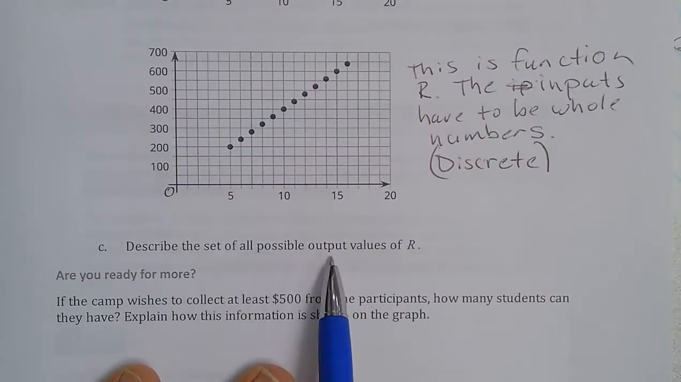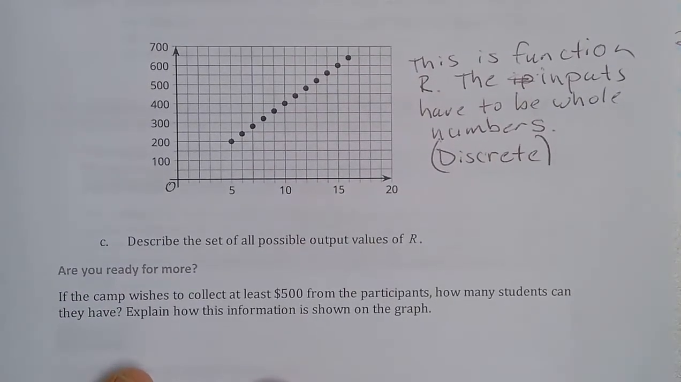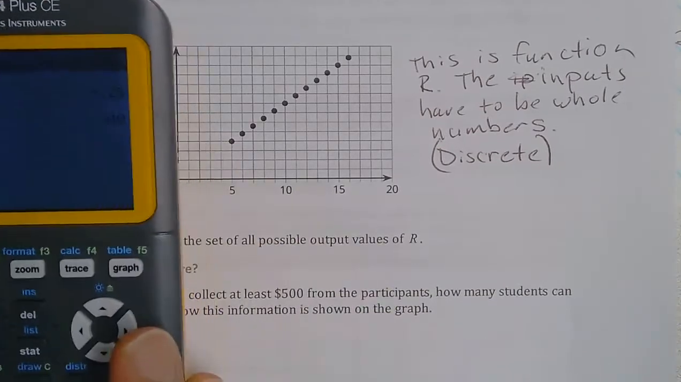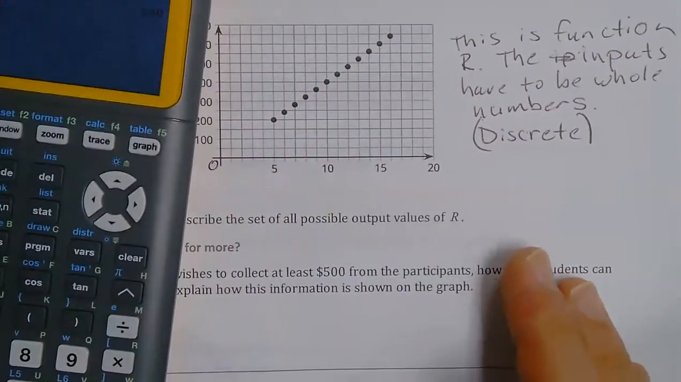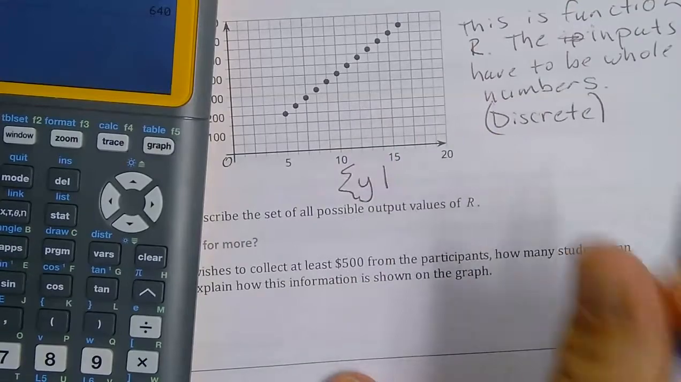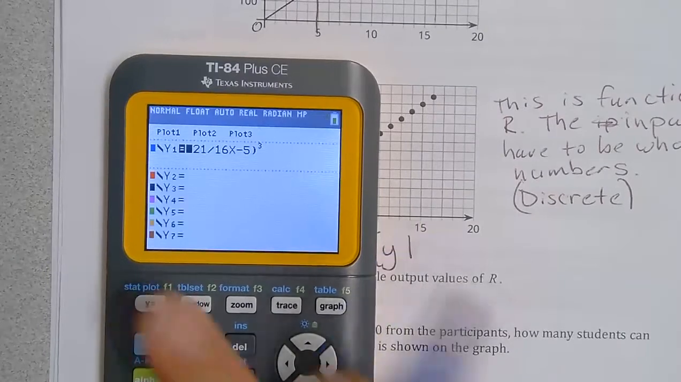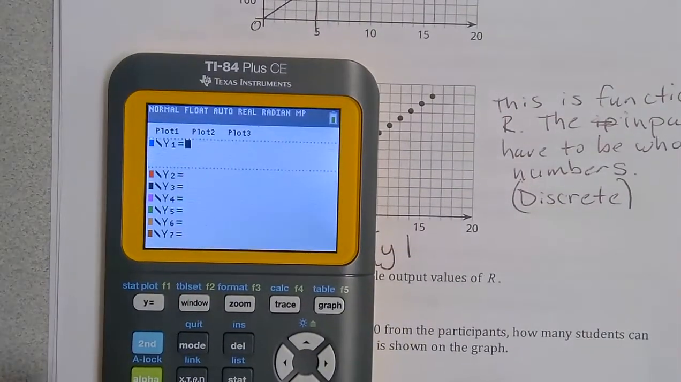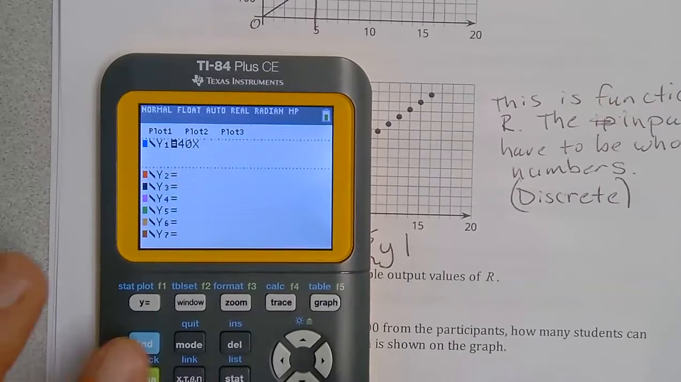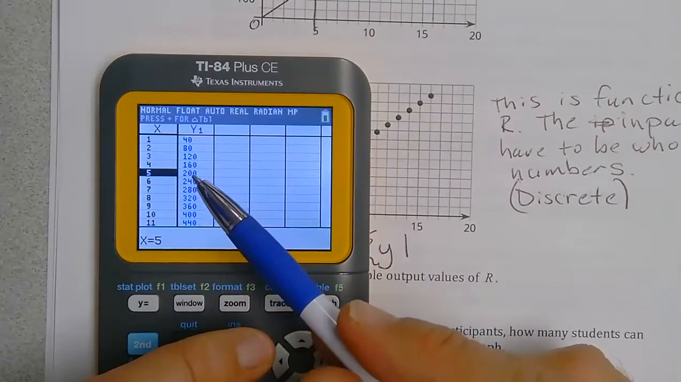So describe the set of all possible output values of R. So what you could do then is just list this where you have your input numbers and list it as a set. So you could say y such that, and then you have to get your numbers between 5 and 16. So one way to do that on a calculator is just remember we put y is equal to 40x, and then we could go to our table and say our numbers can be 200,